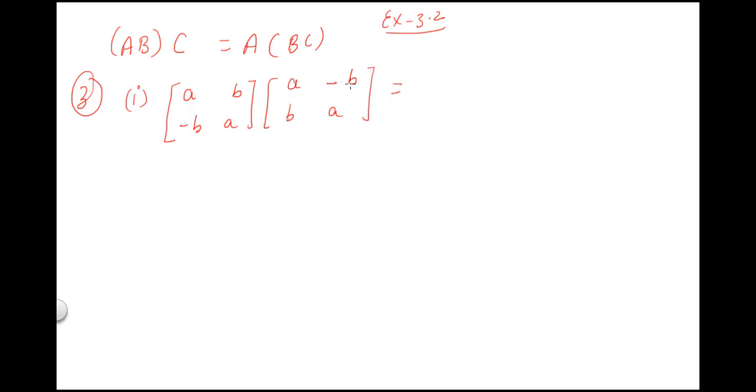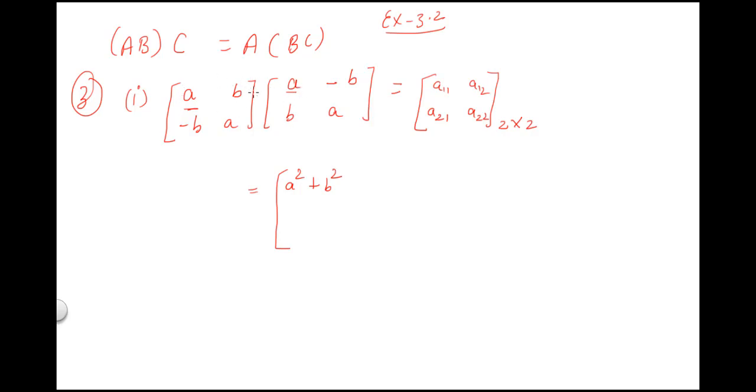So what was the rule? See, what is the order of this? 2 cross 2. What is the order of the second matrix? 2 cross 2. So the resultant matrix will also be 2 cross 2. And it will have the elements as A11, A12, A21, that is second row, first column, and A22, second row, second column element. Clear? So just pay attention now. A11 means first row, first column. Let us multiply A with A. What we get? A square plus multiply B with B. We get B square. That means the first element will get multiplied with the first element, the second element with the second element. Okay. First row with first column.